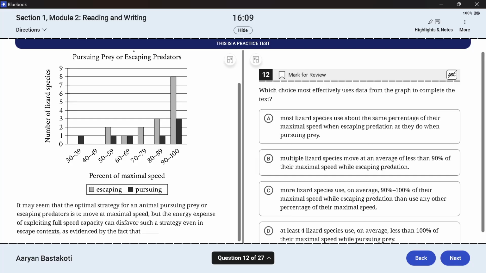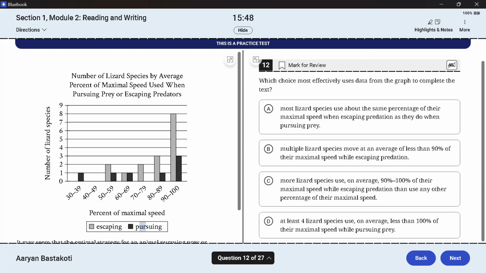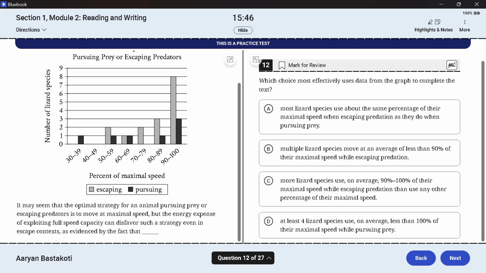Use the data to complete the statement. It may seem that the optimal strategy for an animal pursuing prey or escaping predators is to move at maximal speed, but the energy expense of exploiting full speed capacity can disfavor such a strategy even in escape context, as evidenced by the fact that most lizard species use the same percentage of their maximal speed